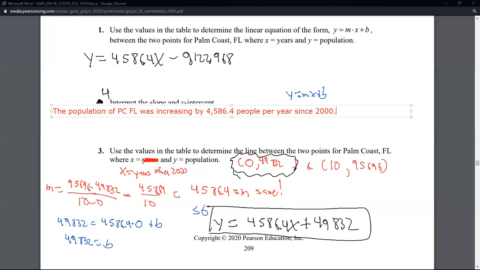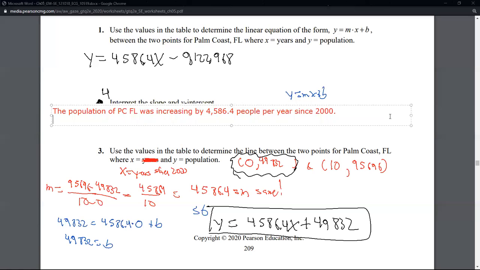We don't want to say per year because then you might say, all right, so in 1500, we were increasing by 4,586 people a year. In the year 17, which was a long time ago, the population was increasing. It wouldn't make sense then. But if you're talking about 2001, 2002, 2009, 2030, this will be a lot closer to the actual value. Now, I'm not saying it's doing this exactly. I'm saying this is kind of like an average.